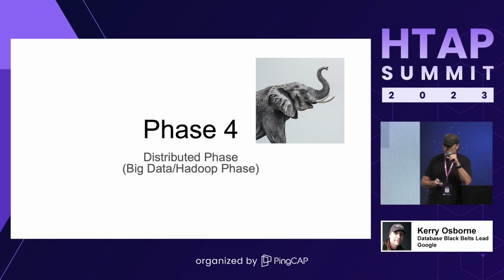Okay, phase 4, the distributed phase. Not too long after this, a smart guy named Doug Cutting started thinking about how can I really scale out my I/O and improve that I/O issue. And so the idea was, can I use a lot of small machines with direct attached disks? My disk I/O is not any faster, but the bottleneck by this point had become the interconnect between the SANs and the computer, right? Because now I've got a lot of disk I/O available, but getting it into the machine